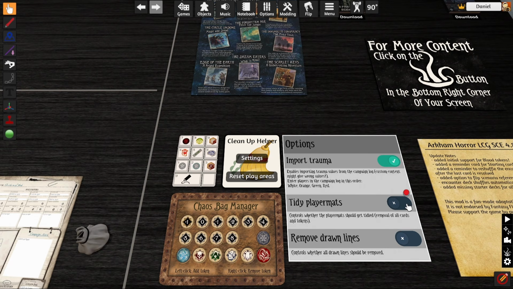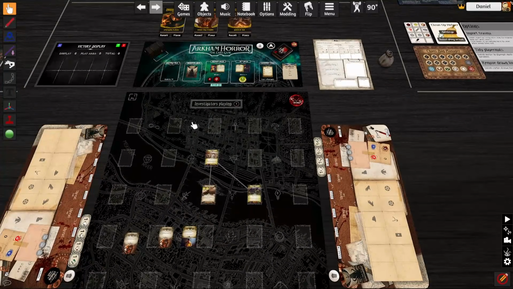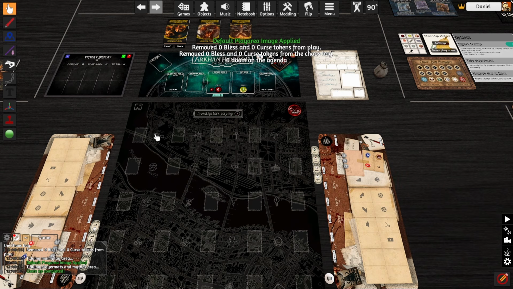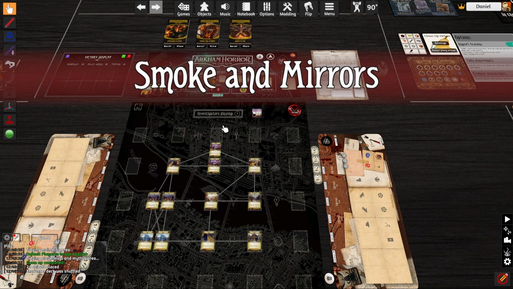That's very, very easy. But if we just leave this off here for a second, you're going to see what happens is that everything here will go into the trash. It doesn't actually delete, so you can grab things if you need to. And it's nice to have all that go away so quickly. And then we play our next scenario, we press place, and it is worth saying that some scenarios have a setup helper, like this one,